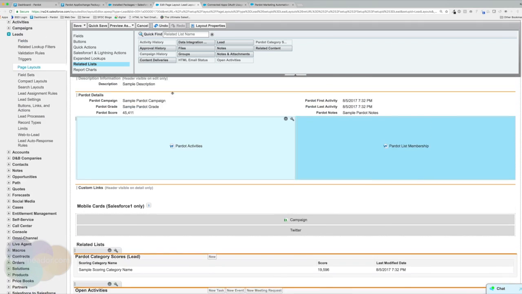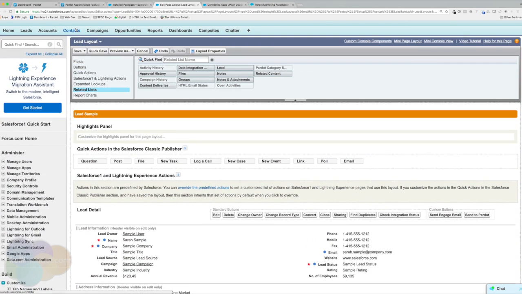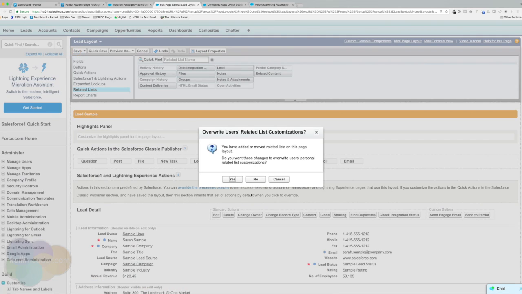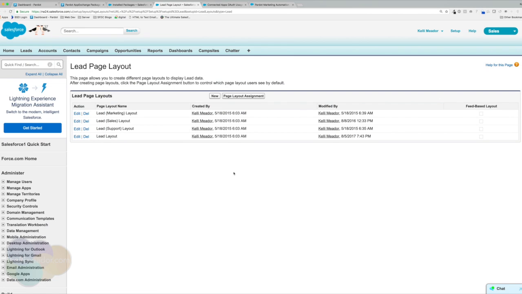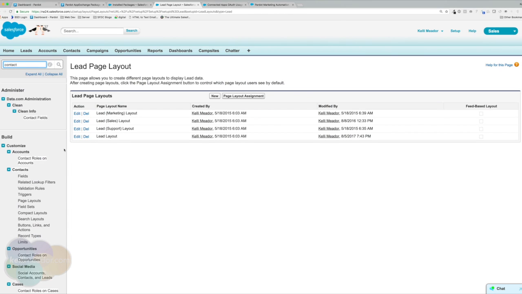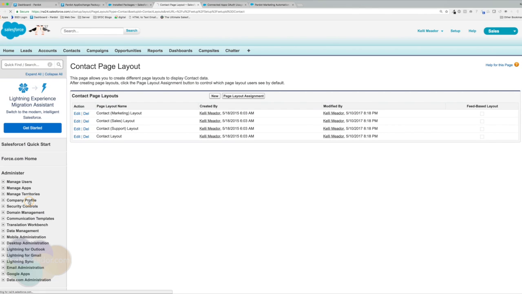Now that we have our lead layout set up, I'm going to go ahead and hit save. Yes. And now it went ahead and saved my lead layout. We're going to do the same additional items on the contact layout. So again, to find that, we're going to hit Contact, Page Layouts, our contact layout,